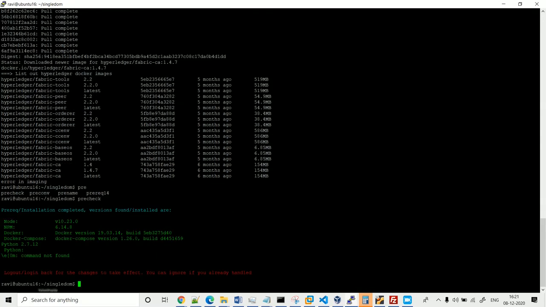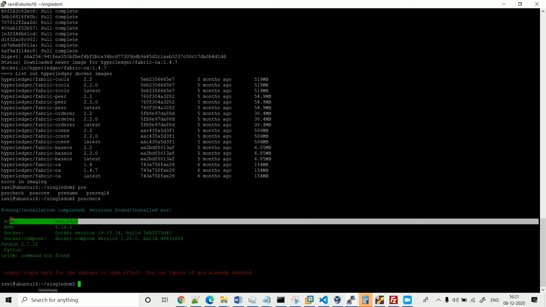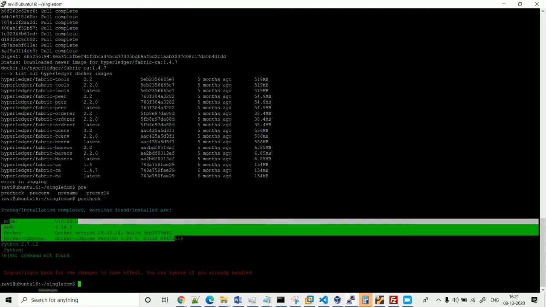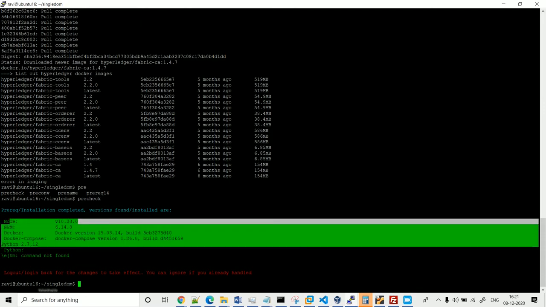If you look at any of these five values, yes, we are good in that. And if you see null values when you run it, then you have to follow the prerequisite installation once again to ensure that the system is completely compliant with the pre-installation requirements. Okay, now we are good. We are going to execute it to start the Fabric with the configured domain name and peers.